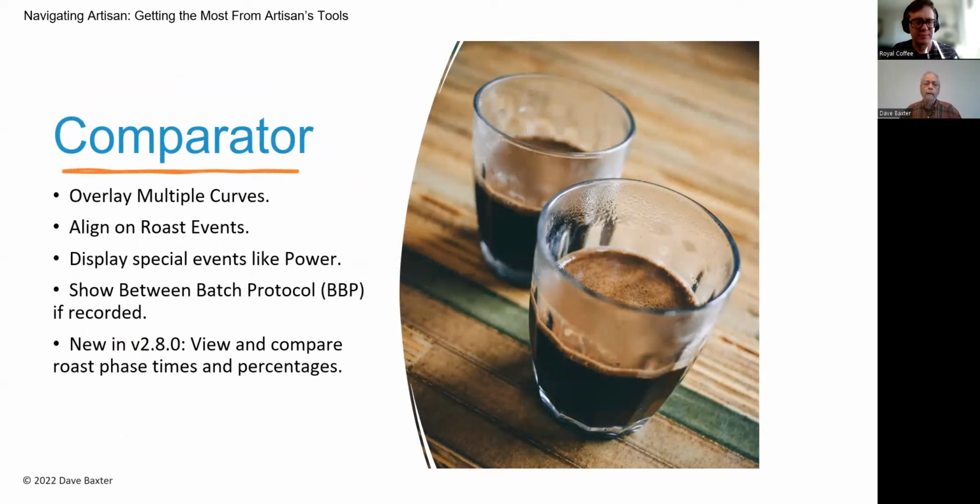Let's move on to the comparator. This is another really powerful tool. It allows us to overlay multiple curves. We can align those curves on roast events. We can display special events like power, our gas, our air, and so on, and compare them from one roast to the next. It allows us to show the between batch protocol if it was recorded and compare that between multiple profiles. And new in version 2.8.0 is the ability to view and compare roast phase times and their percentages,